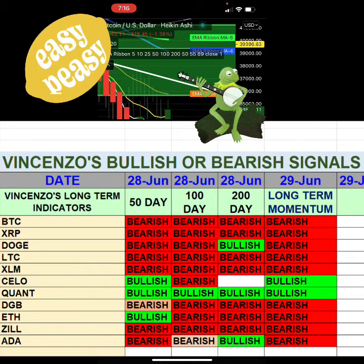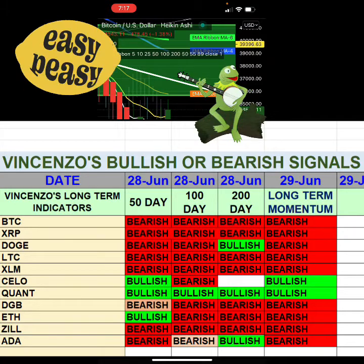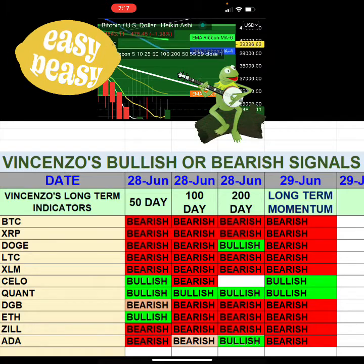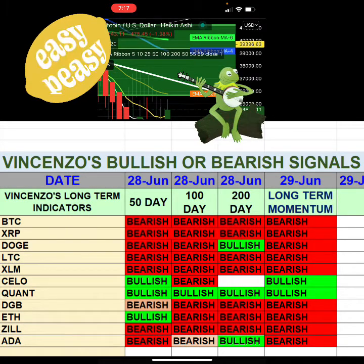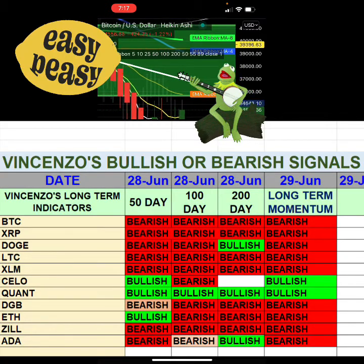And as you see, as we start here, what you're looking at right now is the start of Vincenzo's short and long-term trading signals, whether it be bullish, bearish, right? The momentum, short and long-term. And if you take a look at what we got going on here, the long term is what we're going to start with right now. And remember, this incorporates everything in my probability-based trading system, my computer-made, one-of-a-kind, company-made database system that I use. And this, to me, is the easiest, simplest way I can do mass at-a-glance